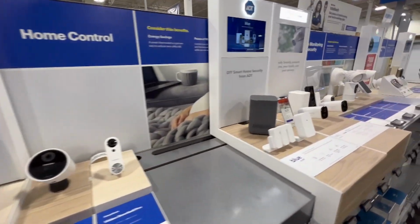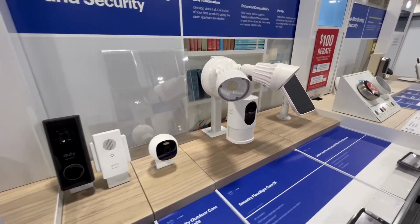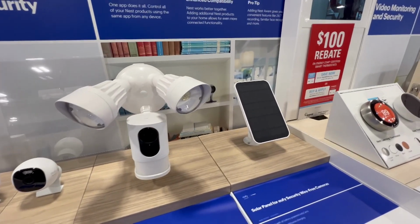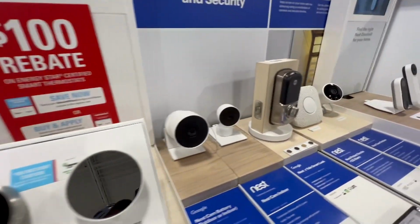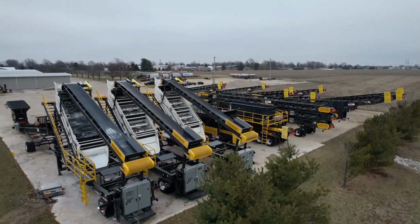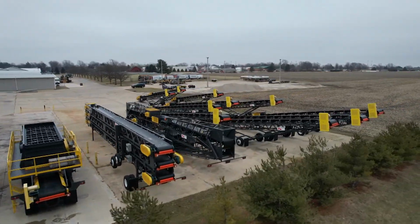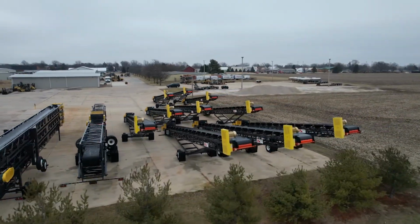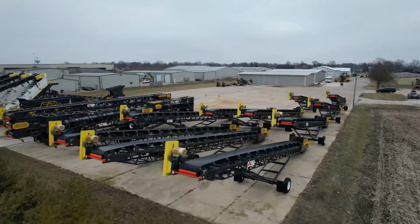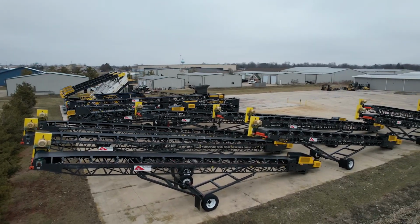Many of us have found great applications for all these new camera systems you see at your big box electronics store. We've talked about them here on the tech segment before. But the challenge has been, especially on maybe a construction site, your farm or ranch, there are some unique applications that we all struggle with. This is my equipment yard here, and the challenge with this location is really no different than your farm or ranch or construction site, and it is I have limited power. I have limited lighting, and I do not have internet connectivity,